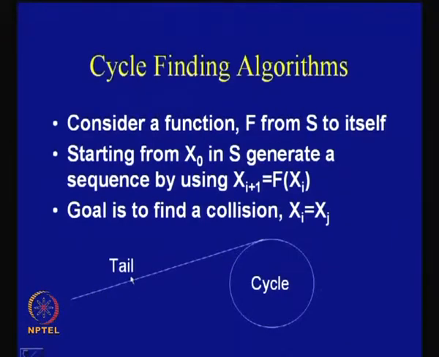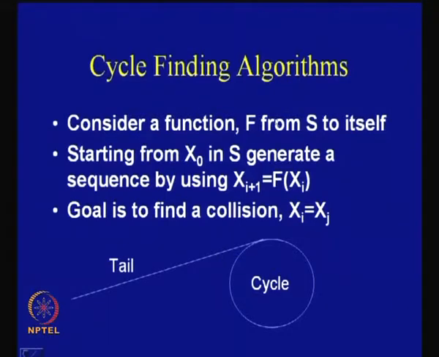What the birthday paradox says is that if you choose the elements in this list at random, and if there are 2 to the power of n possible elements, then after 2 to the power of n by 2 possible searches or points, there is quite a high probability that 2 of them will lead to a collision. Suppose you keep on arbitrarily choosing points randomly. After some point you will find there will be a resulting collision. The moment you get a collision, you know that there is a cycle.